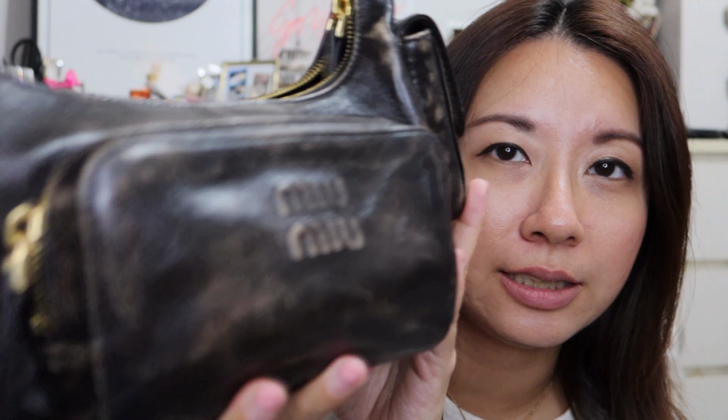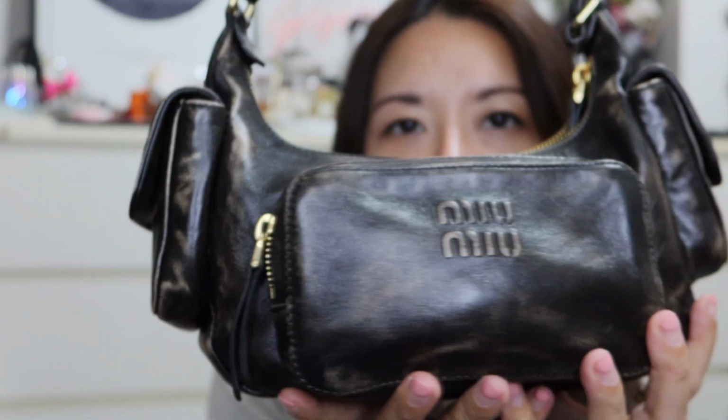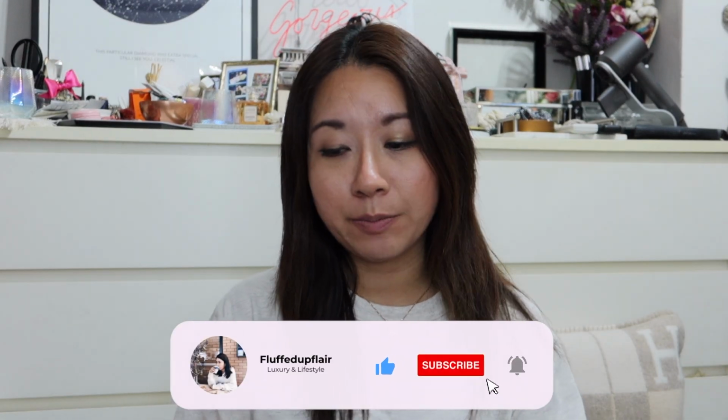It's actually this brown tie-dye Miu Miu runway piece that I saw, and I really liked it, but I only wanted it in the tie-dye brown version because there were other colors as well. I think solid colors. There was a black, a white, and a yellow, if I'm not wrong. But I really wanted the brown version because of the tie-dye, which I thought was so gorgeous. So I went down to Isetan one day and asked them about it, and they said